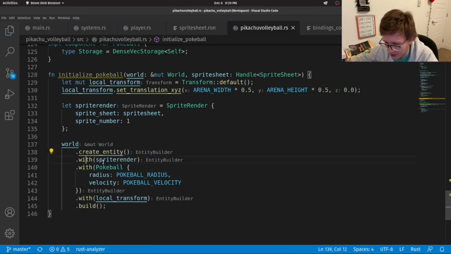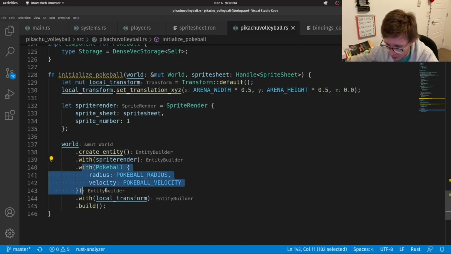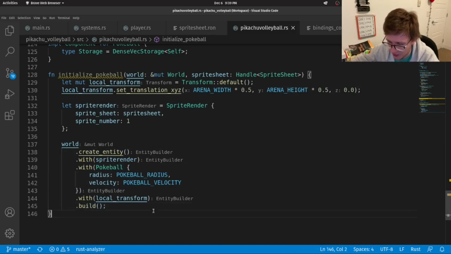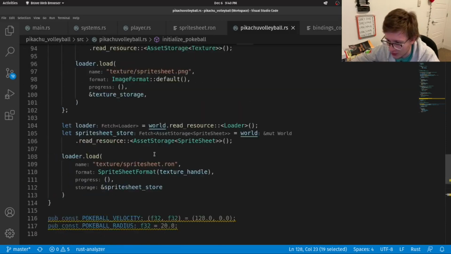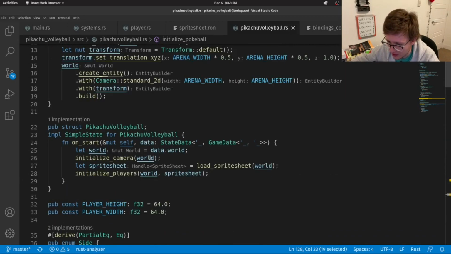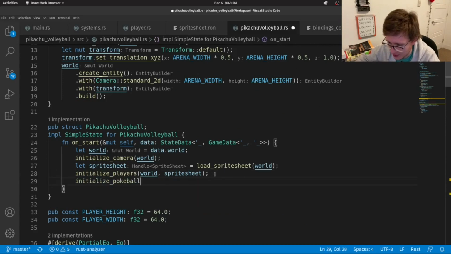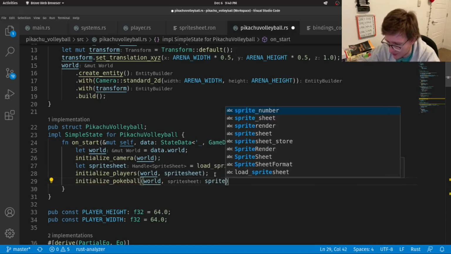And then we create entity with sprite renderer, just like player. And then with Pokeball, this is what defines this entity as a Pokeball. And then with local transform, and we build. All just the same. Of course, we still have to call the function. So let's go up to our on_start, and right here we will say world and sprite sheet.